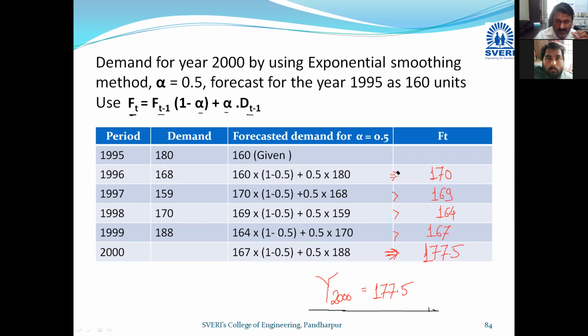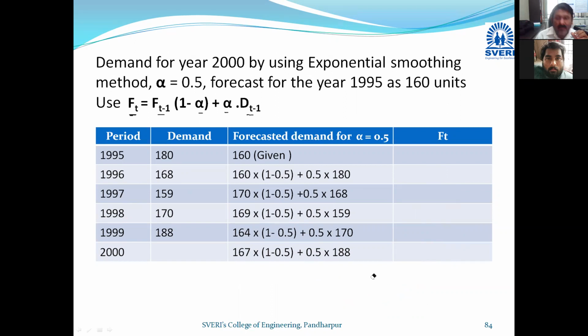Simple numericals in forecasting. Numericals will be asked. There are chances that for 1 mark or 2 mark also objective type questions, the last year demand and last year forecast and alpha is given, and only any one calculation can be asked, or any other method like simple moving, again very simple calculation, that also can be asked for 1 or 2 marks. Only one calculation, and now here we are solving the complete numerical, so that can be asked.